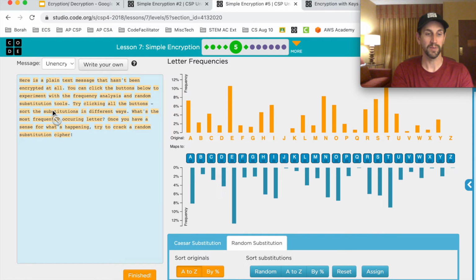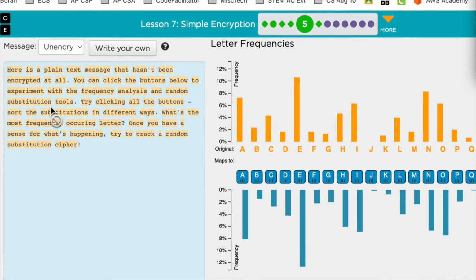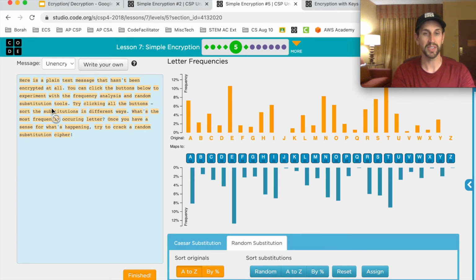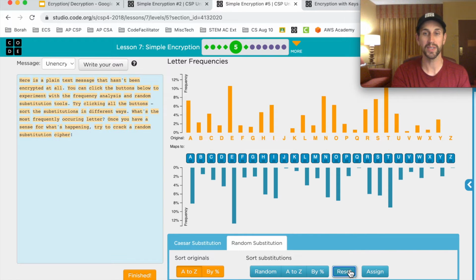What we have here is a plain text message. Nothing has been changed. And we're seeing that A will map to A, B will map to B, and C will map to C. Okay? And when I assign this, nothing will change because I haven't manipulated any of these letters to be different. So I'm going to go ahead and reset that, and I'm going to show you how we can do this,